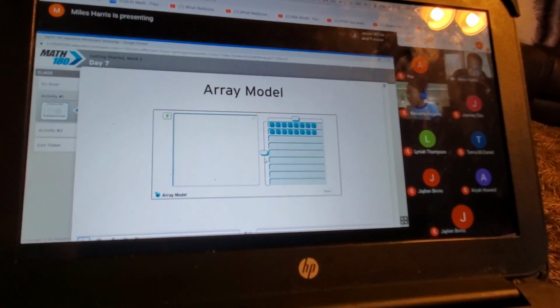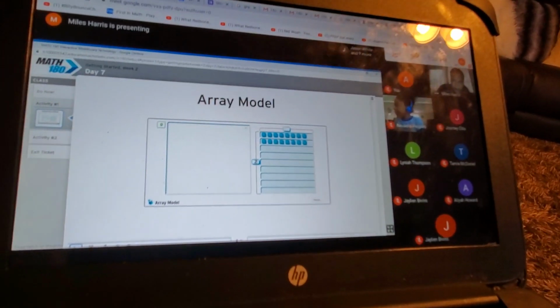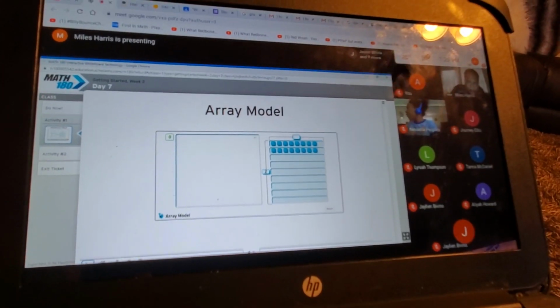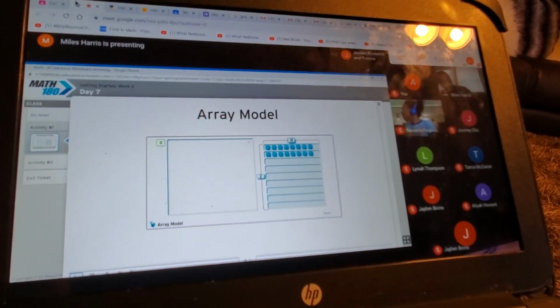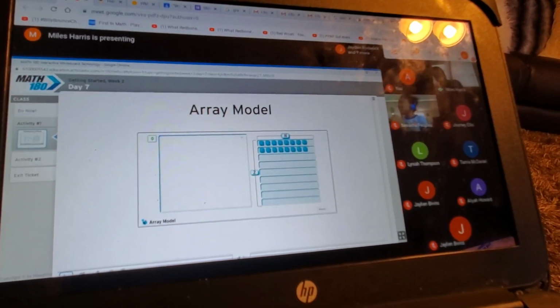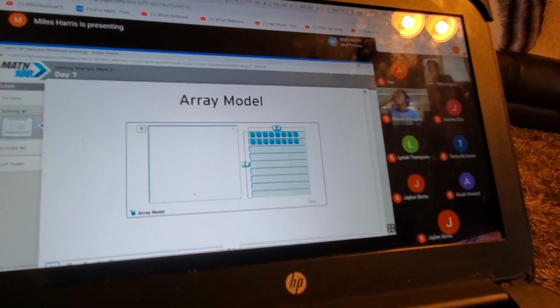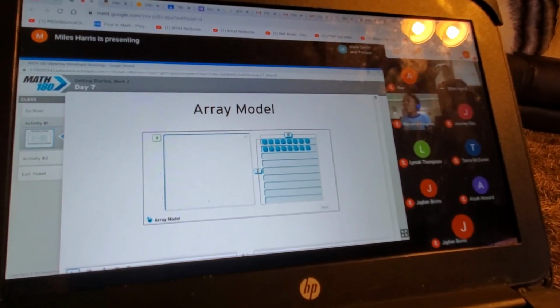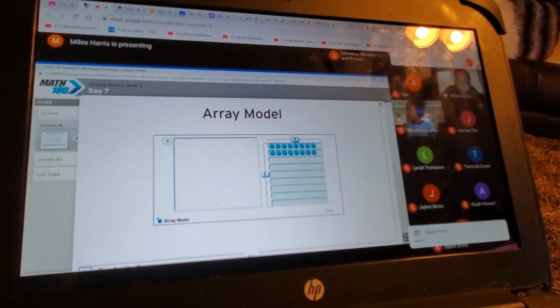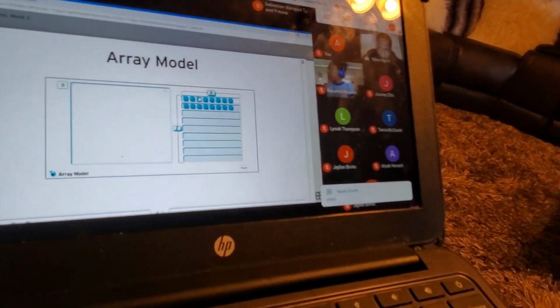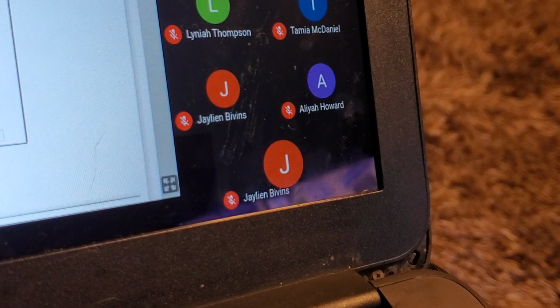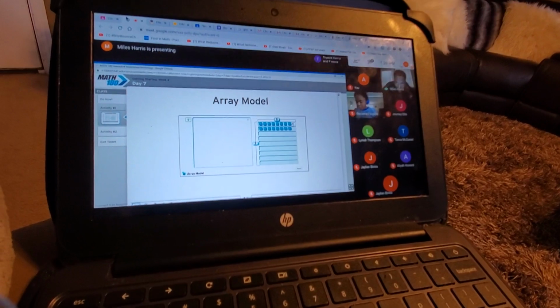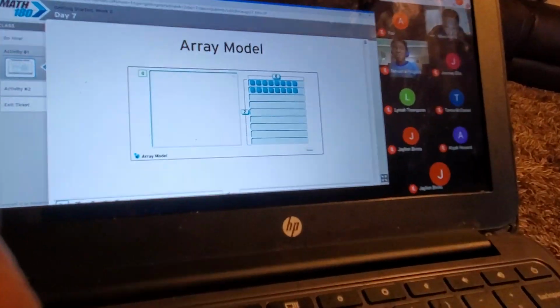8. So yes, I got 2 rows of 8, right? To give me a total of 16 squares. So I can do 8 rows, 8 of one item twice. 8 times 2, 2